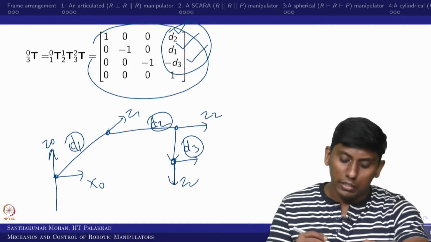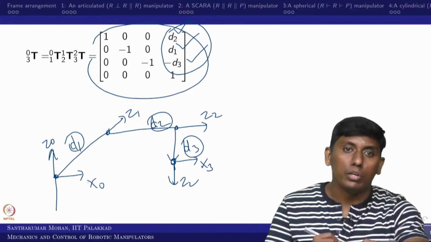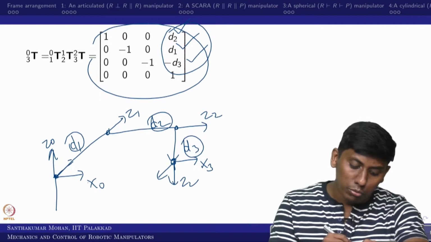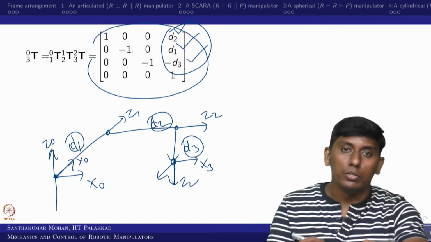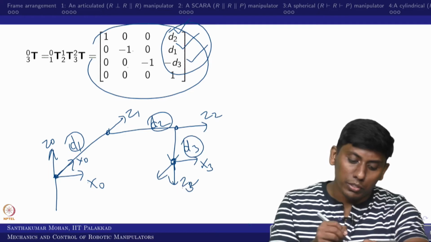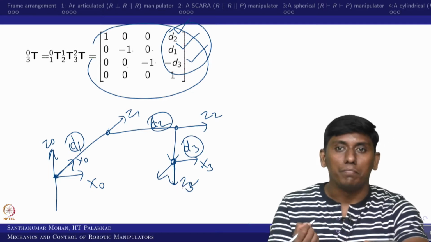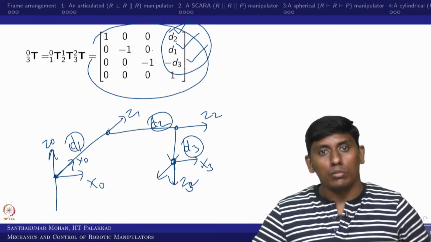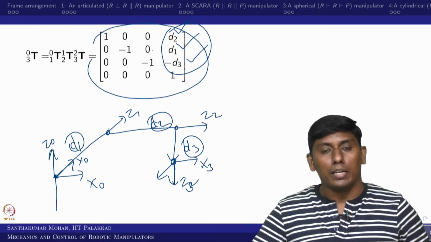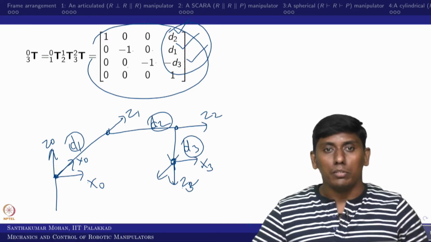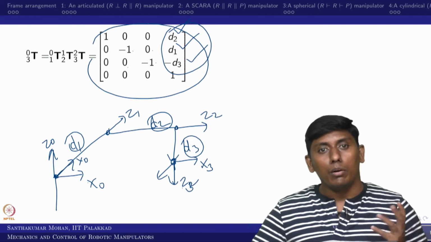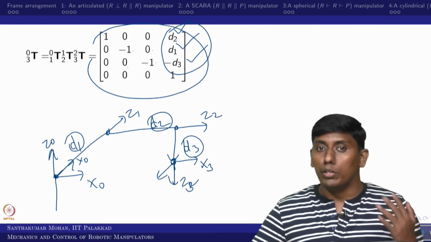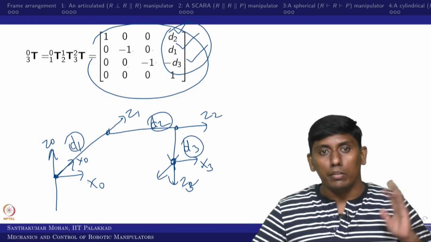Coming to the orientation side, x3 is parallel to x0, so 1 0 0. And y3 is opposite to y0, so 0 minus 1 0. And z3 is opposite to z0, so 0 0 minus 1, right. In the sense, we have found everything is in order, and you have obtained the right transformation matrix and right DH parameters. Now you are ready to fly for forward kinematics and then inverse kinematics, everything. You can even go further to kinematic control through differential kinematics.